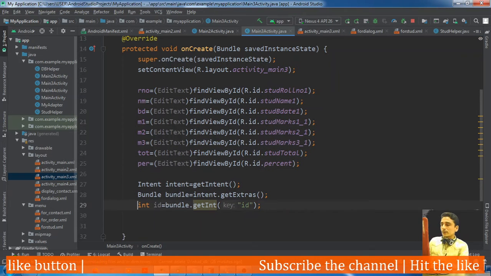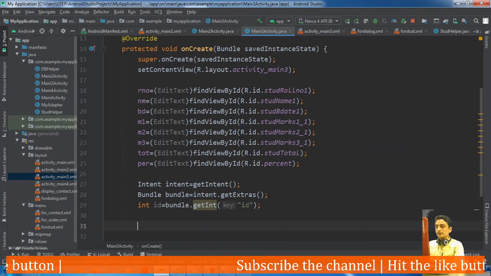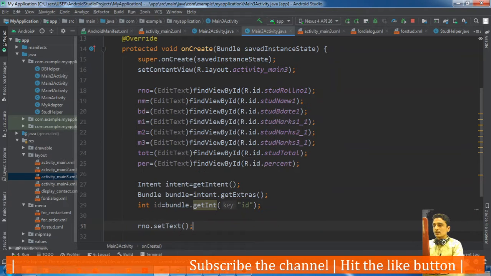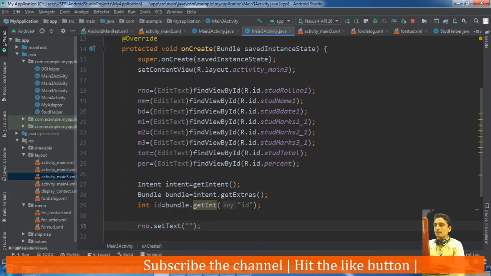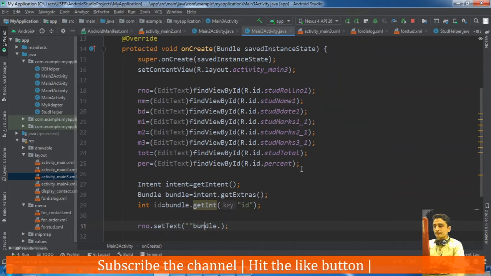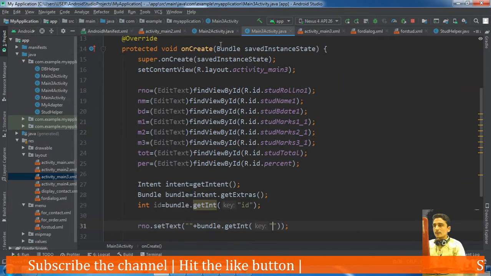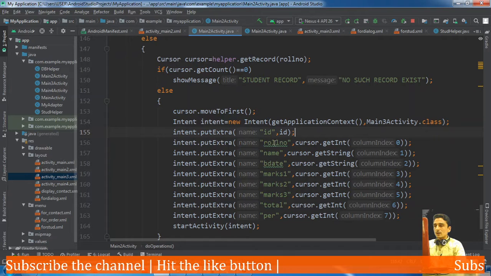Now as we have all these edit views, let us show the record in those views. rno dot set text. What is the text to be set? The roll number. The roll number is available in the bundle dot get integer.